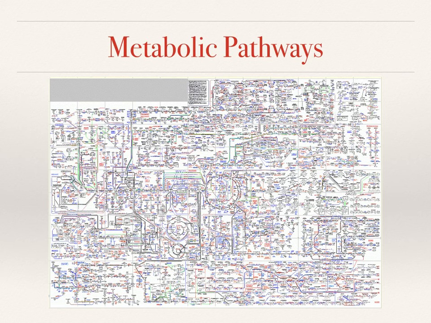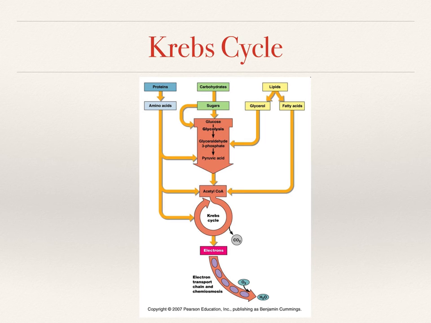The Krebs cycle, which is the pathway by which our body processes most of the energy sources, is on this slide. It's towards the middle of the slide, and if we start from the left and top side, we can appreciate that proteins, carbohydrates, and lipids, such as fats, are